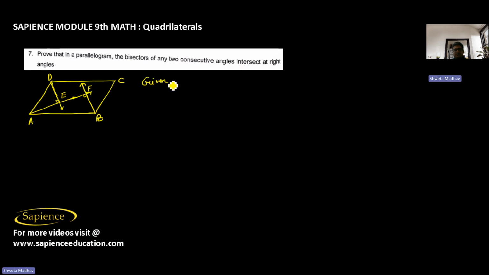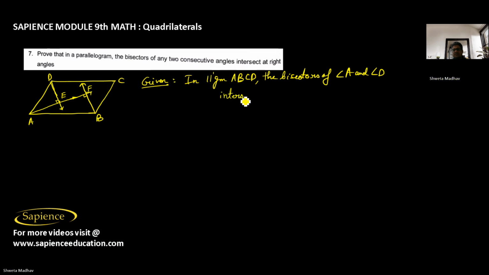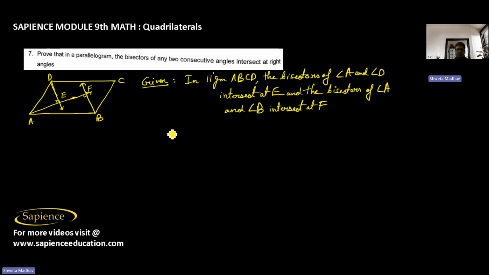So it is given that in parallelogram ABCD, the bisectors of angle A and angle D intersect at the point E, and the bisectors of angle A and angle B intersect at F. Then we have to prove that